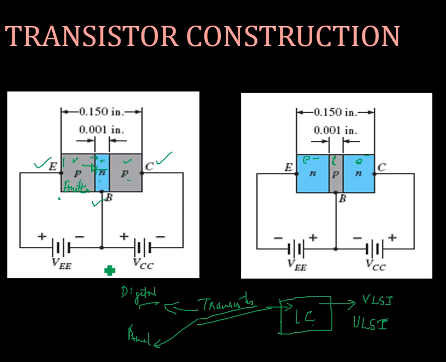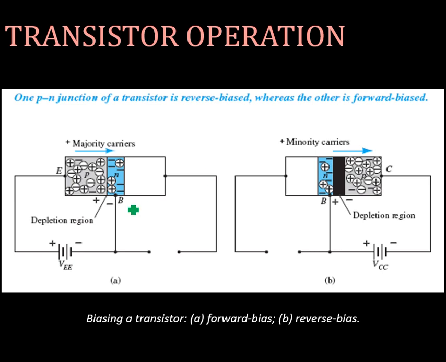Okay, and this shows the biasing of the emitter base junction and collector base junction. You know that for amplification, you want the emitter base junction to be forward biased and collector base junction to be reverse biased. The main important point you have to keep in mind is that the NPN transistor and PNP transistors are complementary. If holes are the majority carriers here, electrons are the majority carriers here. So the action is complementary.